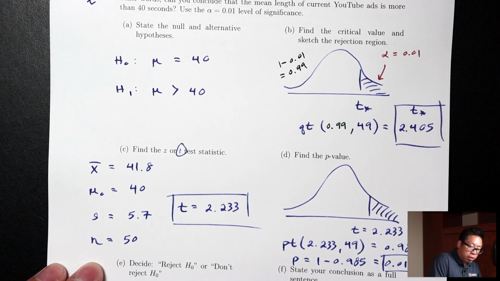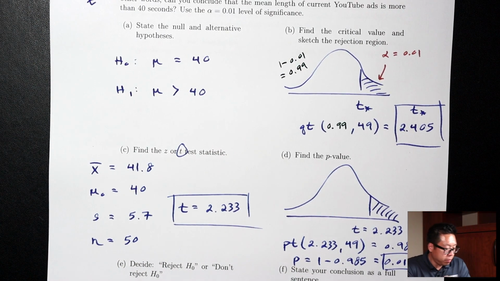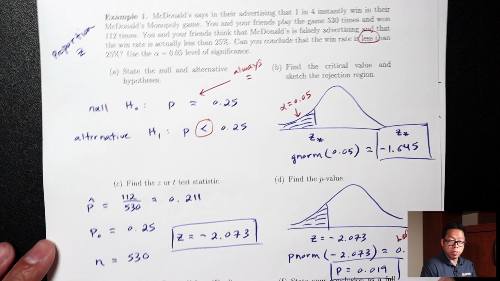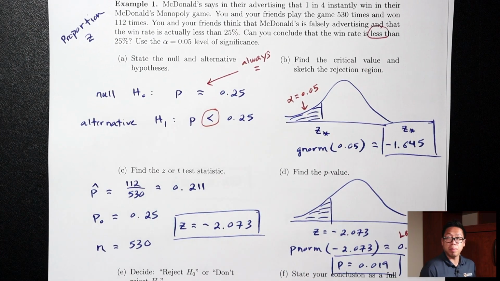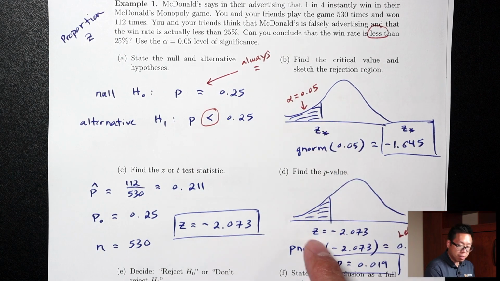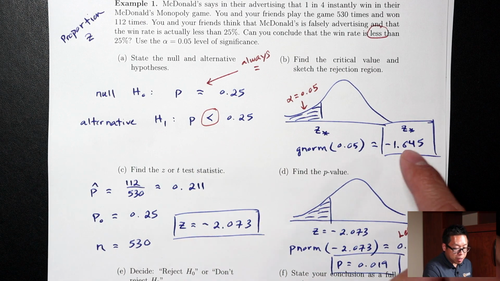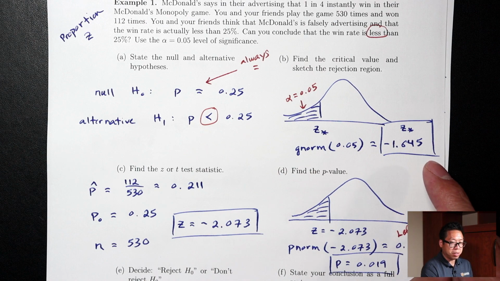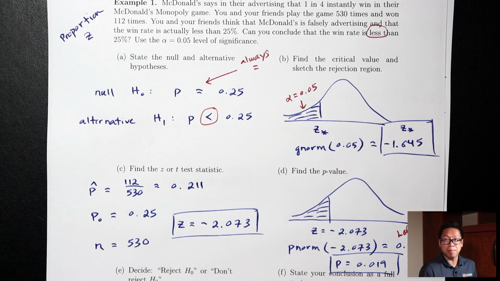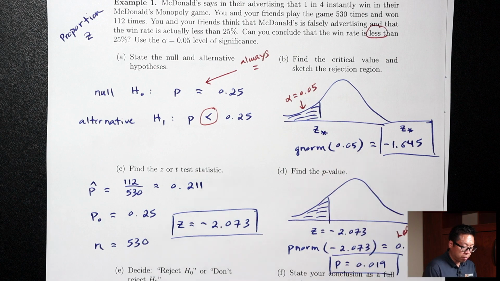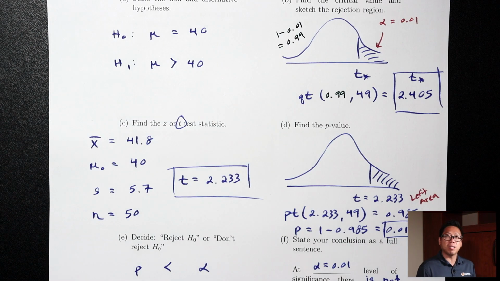Okay, let's go back and look at example 1. Example 1 was an example of a shaded to the left picture. And so based on the picture, we expect the critical value and the test statistic to be negative, and they were. So if you don't get a negative answer for the critical value, what probably happened there was you did a 1 minus when you shouldn't have. Okay, so use the picture to help you predict whether it should be positive or negative, and then use that to help check your answer.